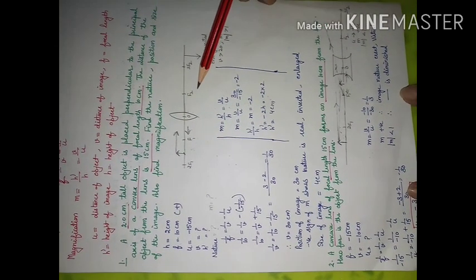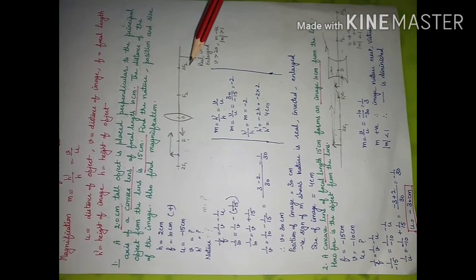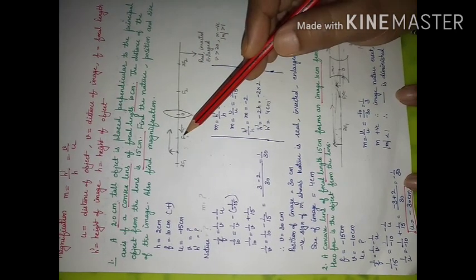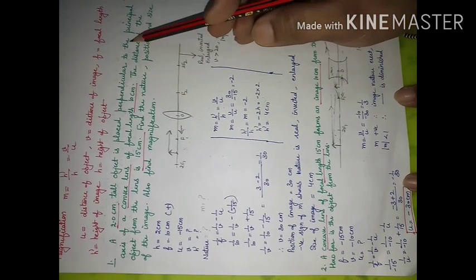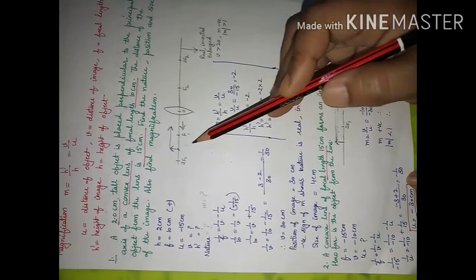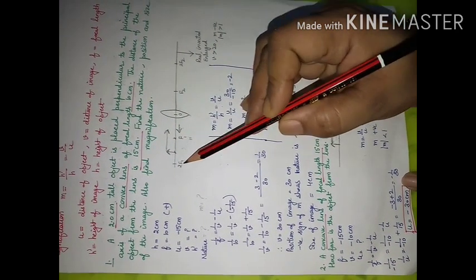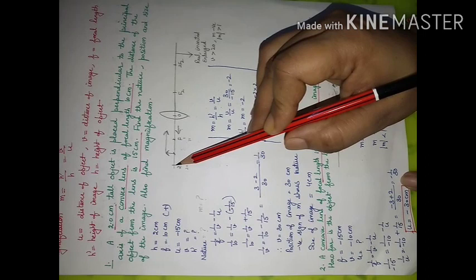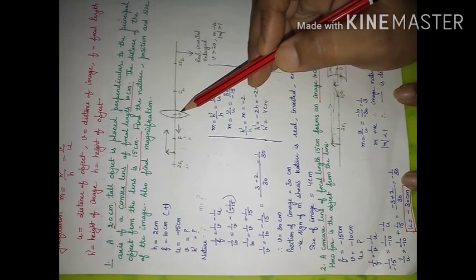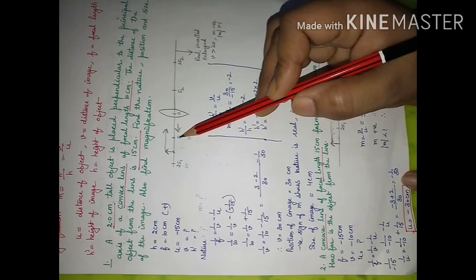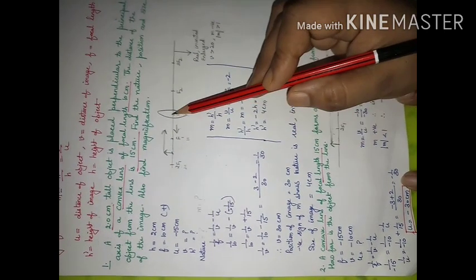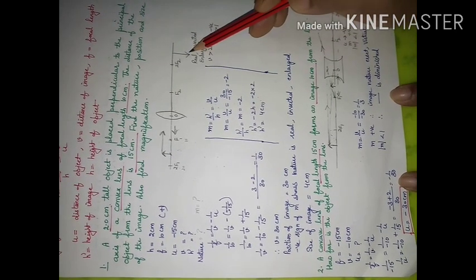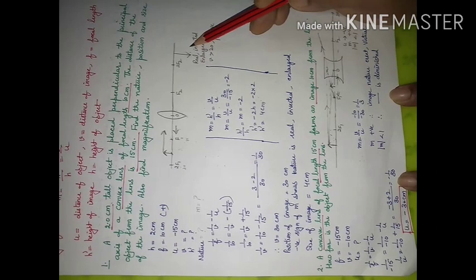Now if ray diagrams are clear to you, an idea about the answer will come in your mind. In this case, the focal length is given to be 10 cm. And object is kept at a distance of 15 cm. It means if this is 10, distance of 2f will be 20. So object is kept between f1 and 2f1. And when we have done ray diagrams, then we know that if object is between f1 and 2f1, then image is formed on another side beyond 2f2. Image is enlarged, it is real, it is inverted.